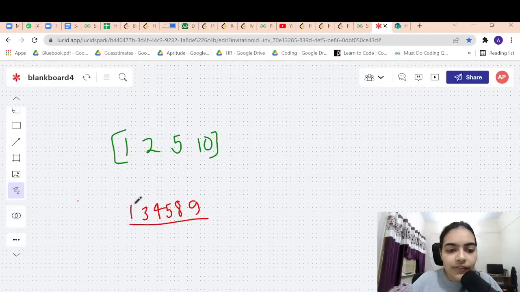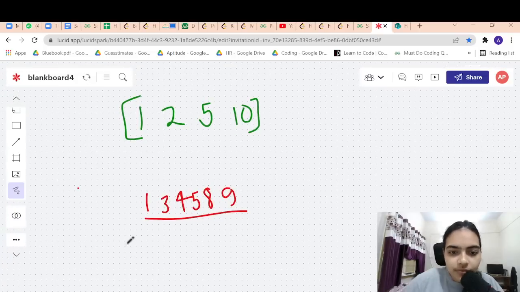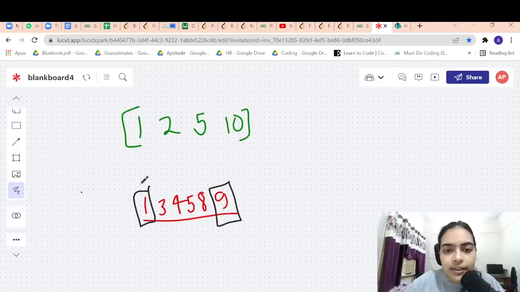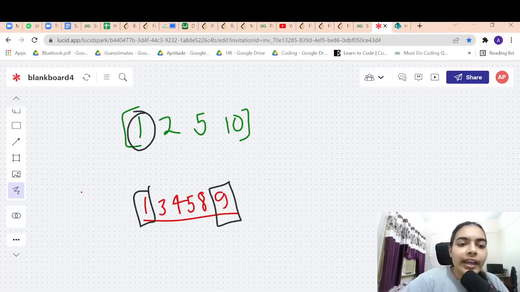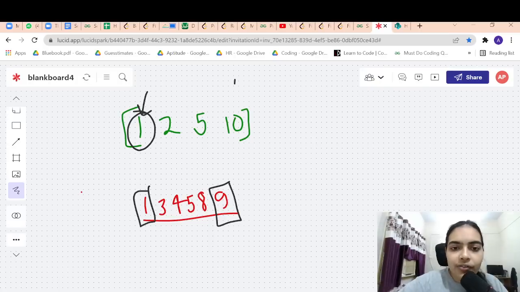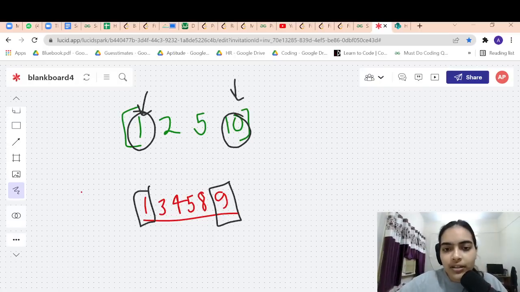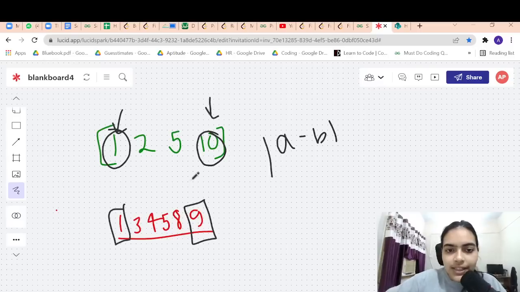So one thing that we can notice here, the pairs, right, are going to be in the range of 1 to 9. See, in this, if I sort my array, right, if I sort my array, here it's sorted, right? In our example it's sorted. If I take the minimum possible, right, and if I take the maximum possible numbers, I will get the highest possible difference. See, because I want to get the maximum value, right?